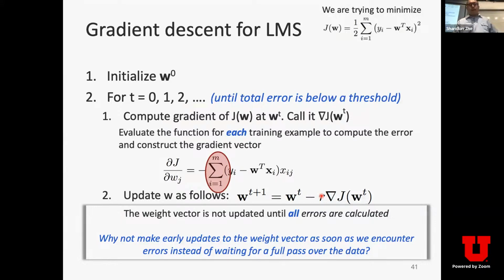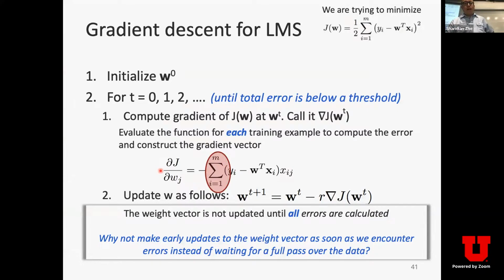It can be shown that as long as you choose an appropriate learning rate R here, this gradient descent is guaranteed to converge to the global minimum of this least mean square objective function, right? And this is the formula for how to compute the gradient. This is the gradient for every element, with element j, right? But there's some problem with this gradient descent framework. That is,